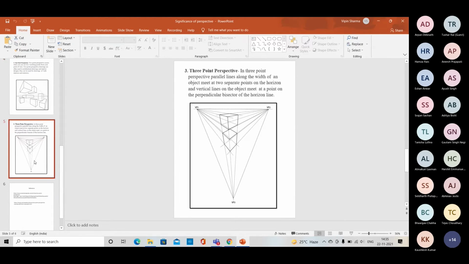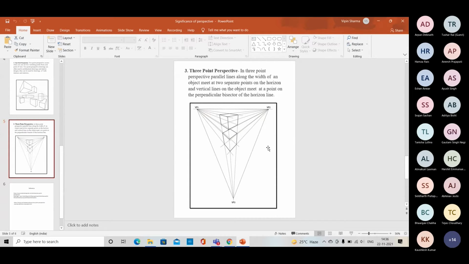And the most complicated version is called 3 point perspective. Now you guys have to understand the 3 point perspective. This is my below eye level. So my eye level is this horizontal line, and this is vanishing point 1, vanishing point 2, and vanishing point 3. So I am on top of the building, watching the bottom. Right now, the first floor on the top side looks much bigger, and the bottom floors reduce in size according to the vanishing point, right? So this is the way we can create 3 point perspective. We are at the corner, so we can divide it into two shapes, two different directions, and we can find two distances on the left and right hand side.